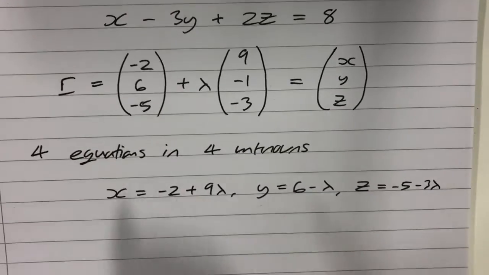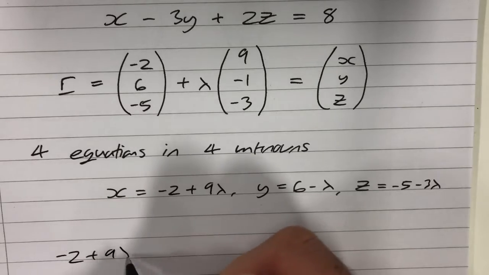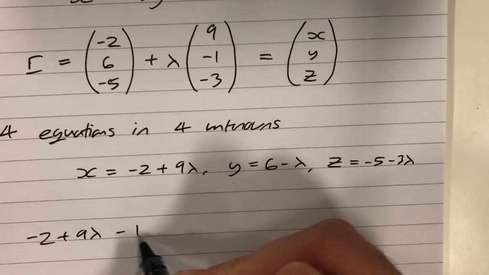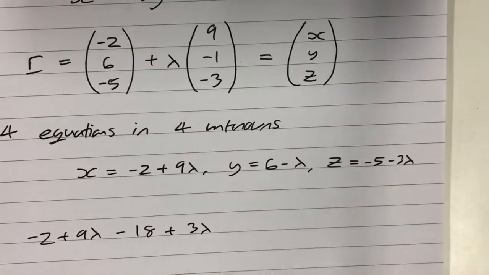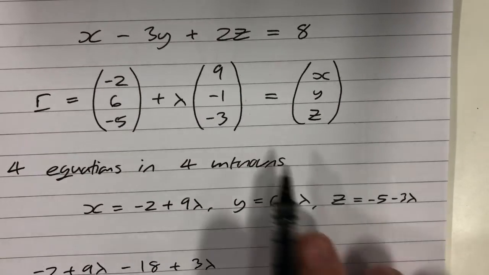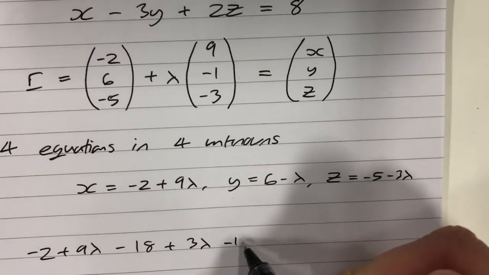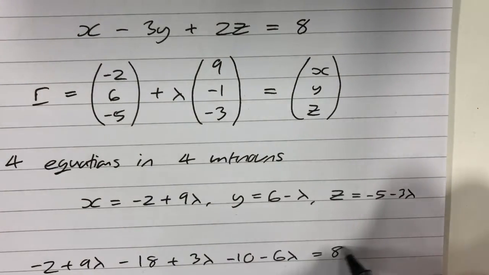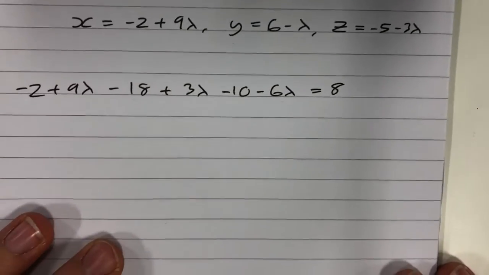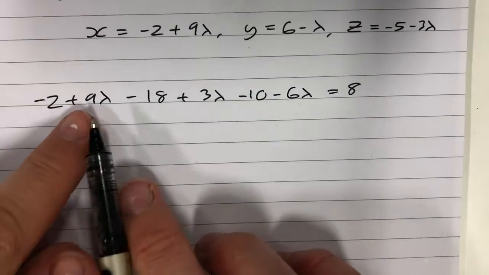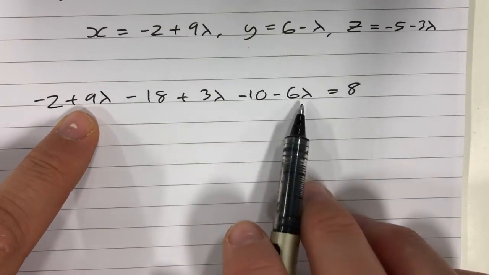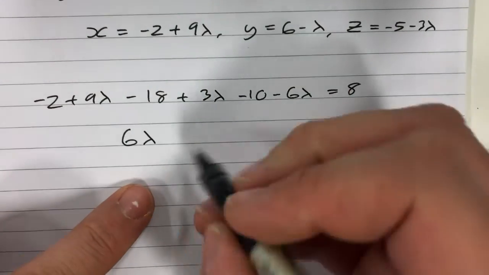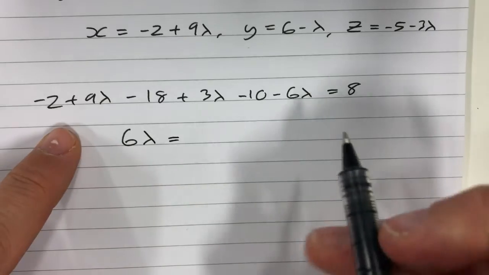So x, so it's going to be minus 2 plus 9 lambda, minus 3y, so it's going to be minus 18 plus 3 lambda, plus 2z, so it's going to be minus 10 minus 6 lambda, and that must all equal 8. Okay, so a nice linear equation in lambda to solve. 9 lambda plus 3 lambda is 12 lambda, minus 6 lambda is 6 lambda. That's going to equal 8